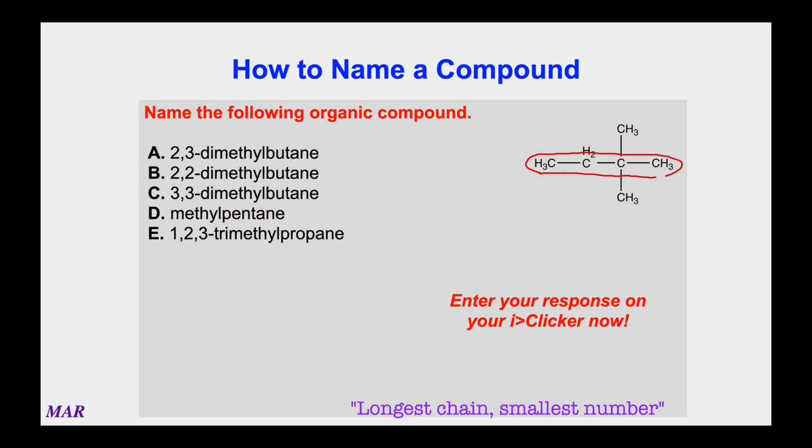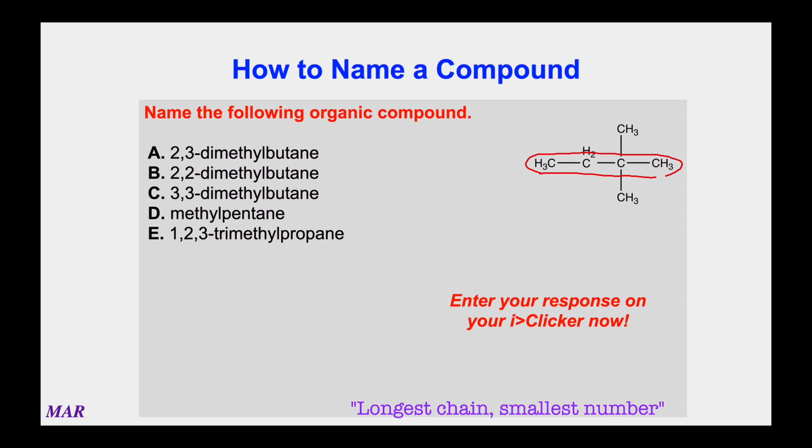And again, I circled the ones in the middle of the molecule, but you could also take the top one instead of the far right one, or the bottom one instead of the far right one. You'd have the same thing. So 4 carbons is a butane, and you have 2 methyl groups, 2 CH3s, not in the longest chain that I circled. So this is going to be a dimethyl butane, all right? The question now is, what's the numbers in front of them?